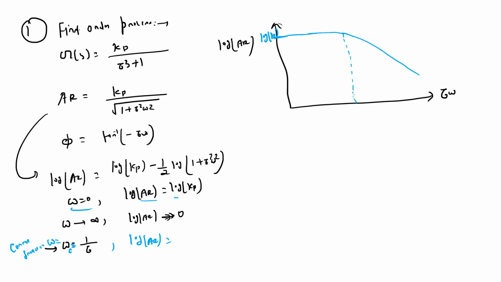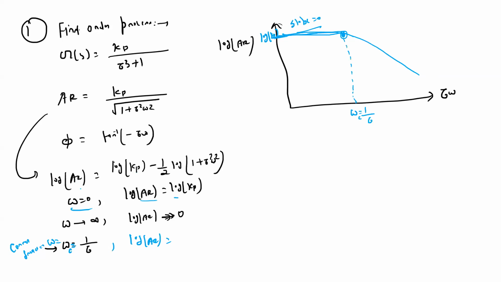At this point, you see there is a change in slope over here. Here omega is tending to 0. Till now, omega is equal to 1 upon tau. That is omega c. The slope will be 0 here,